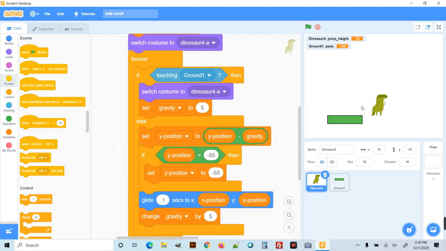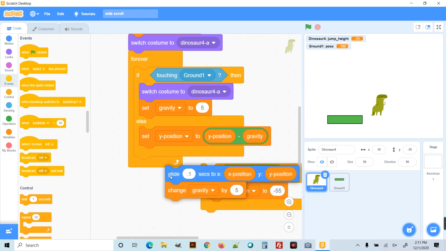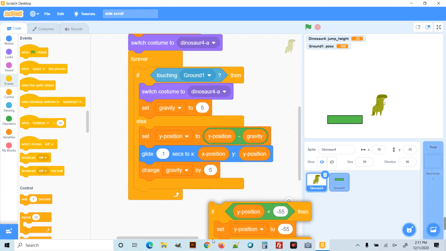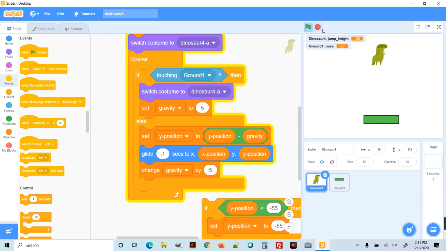So if I take this if out of here, let me take it out real quick, put my glide back in, move that out of the way. If I take that if out of there and I refresh, he falls through the platform. That was our thing. It can pop up and eventually he's out of the platform. But because he's falling fast enough, he's accelerating, he will go into the platform. If I go here and crank up his jump height,